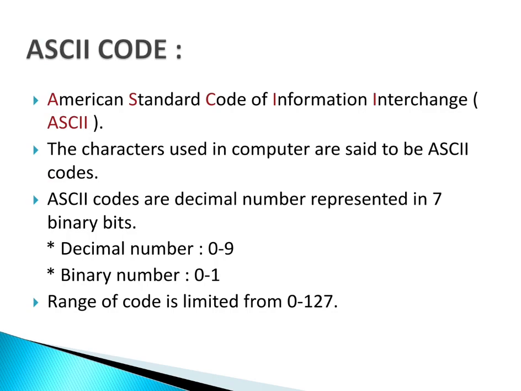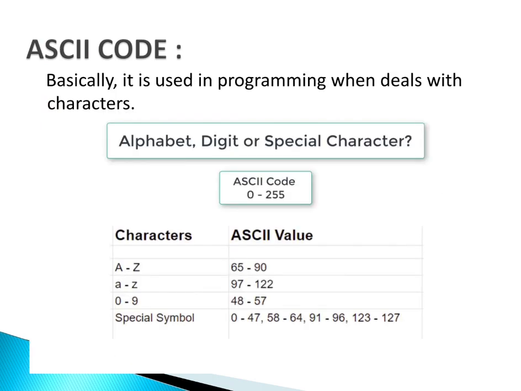And we are having ASCII code from 0 till 127, a limited number of codes for limited number of characters. It is a basic drawback of ASCII codes. And then after ASCII code we are getting Unicodes, and we are going to talk about that also. Then basic thing about ASCII code is that we are using it in our programming, and you have to remember it, because in programming we are going to deal with it.